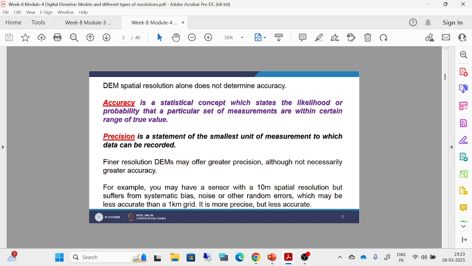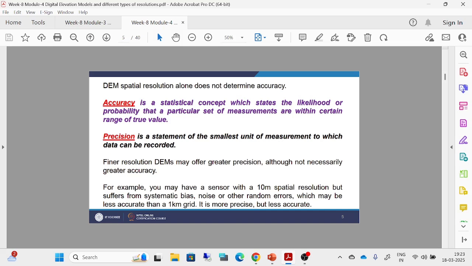The DEM spatial resolution alone does not determine the accuracy. So what accuracy means, you might be familiar if you have some exposure to statistics. We have these terms accuracy and precision. Accuracy is a statistical concept which states the likelihood or probability that a particular set of measurements are within a certain range of the true value. So it's like